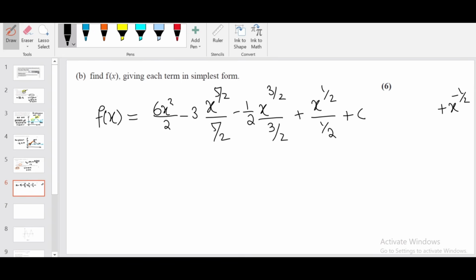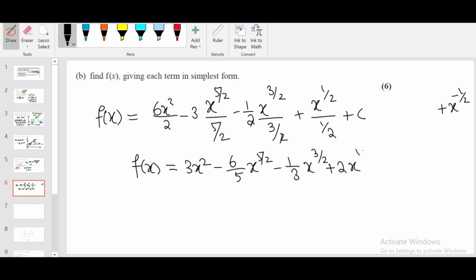Tidy this up a little bit. F of x is equal to 6 over 2 is 3x squared, minus 3 over 5 by 2 is 6 over 5 x power 5 over 2. Here 2 can be cancelled. You will get minus 1 over 3 x power 3 over 2 plus 2 x power half plus c. Now we are going to use this point P of 4 comma 12 to find the value of